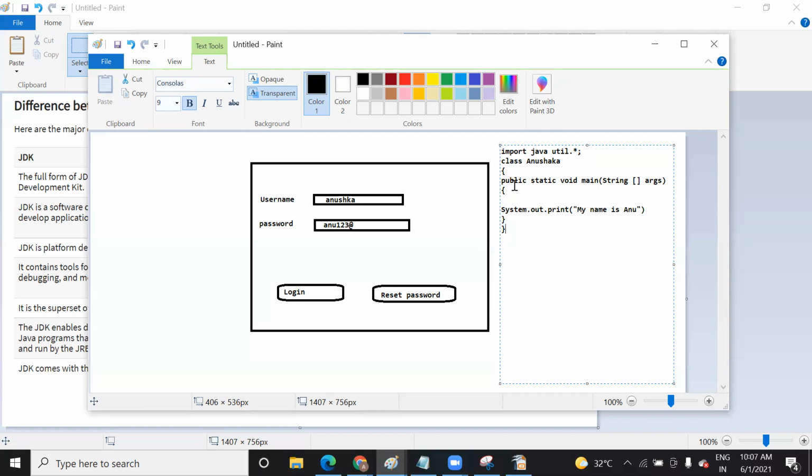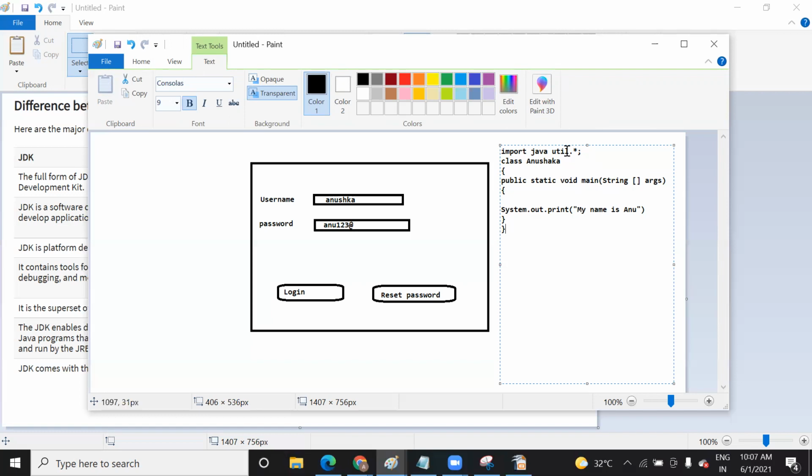So every instruction, every code should be compatible or bound with each other, so that when you compile the whole program with javac at once, there should be no miscommunication. A proper bonding should exist between each and every instruction.